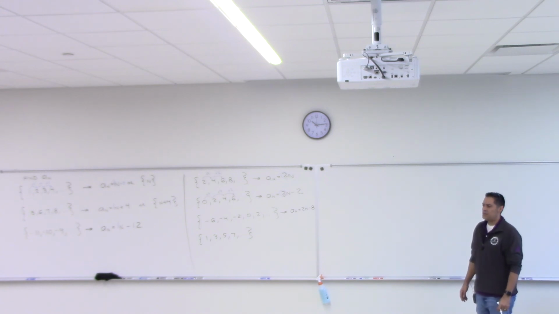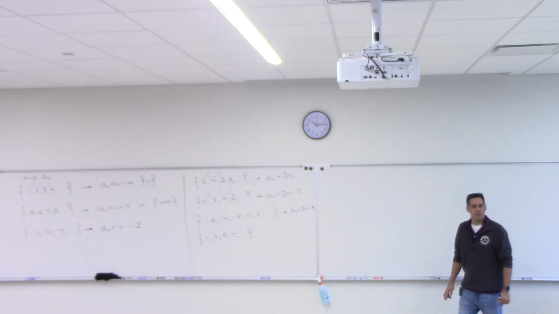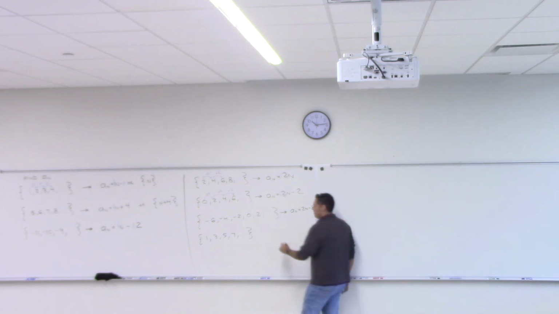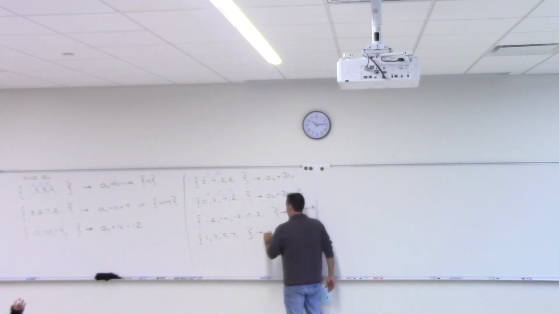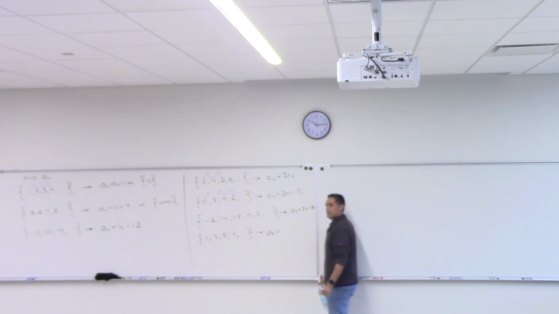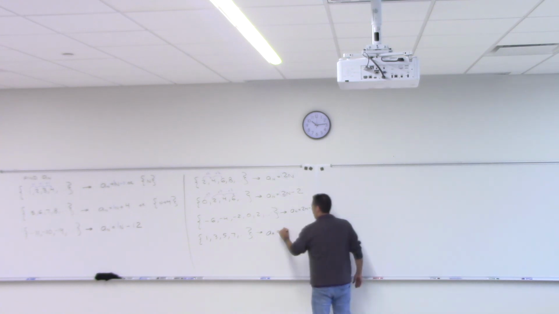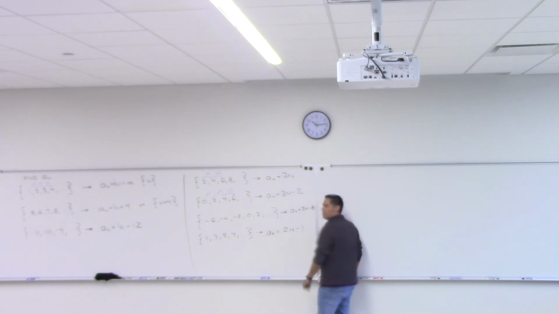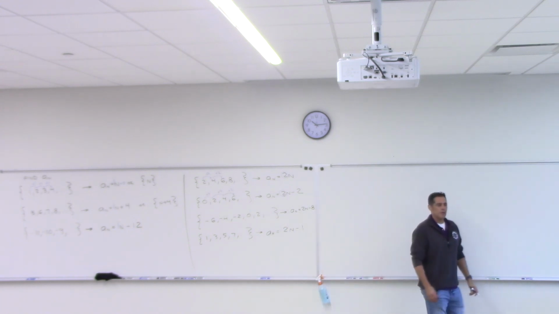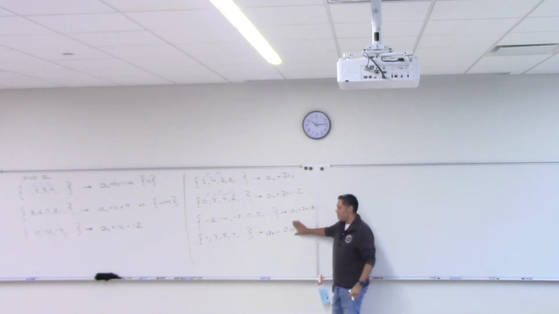1, 3, 5, 7. Those are odd numbers. Who wants that? No more volunteers? Go ahead, Ash. Sorry, Joey. 2n minus 1. What do y'all think? Are they jumping by 2 each time? Yes. Okay. But you need